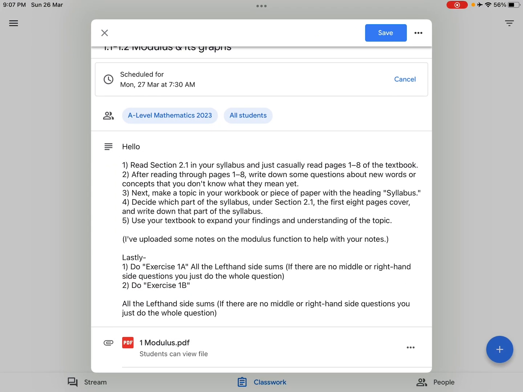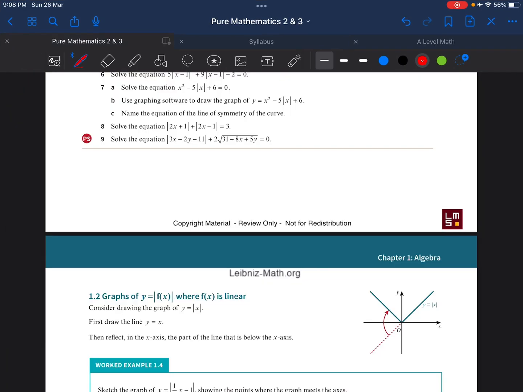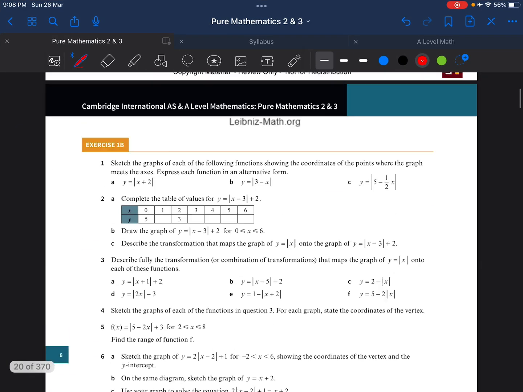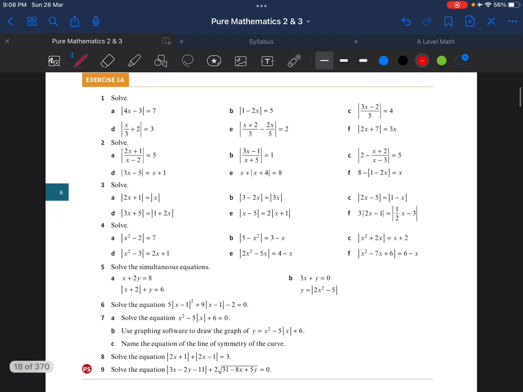And we have to do all the left-hand side sums. If there are no middle or right-hand side questions, you do the whole question and then do exercise 1B. Okay, so now I just go and find 1A. 1A. So I said all of the questions